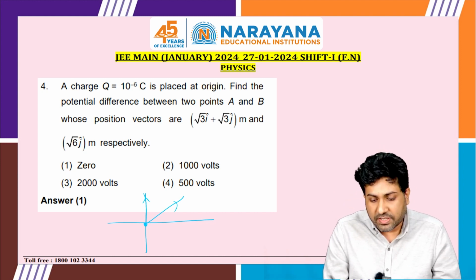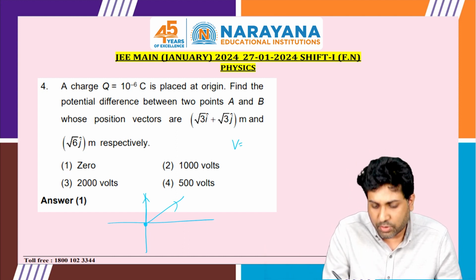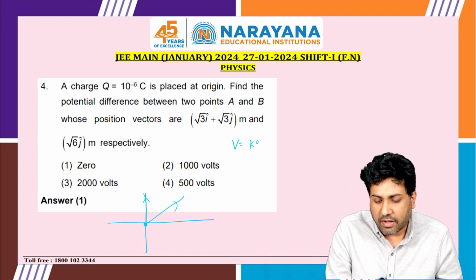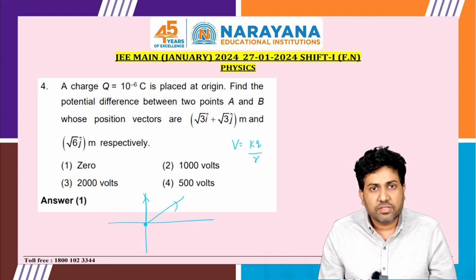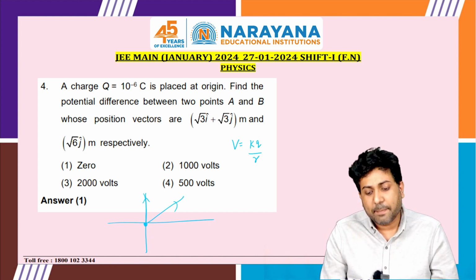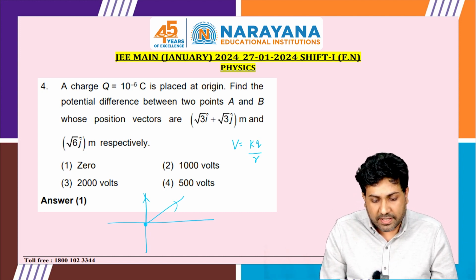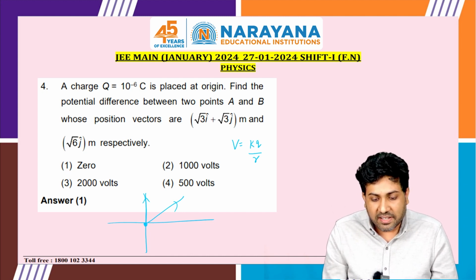So if the electric potential is a scalar quantity, there is no direction. We just need the formula for the magnitude, which is kq by r. The point charge electric potential at any distance r from the point charge is given by kq by small r. Now r is the distance of the point charge from that point, and I can clearly see that